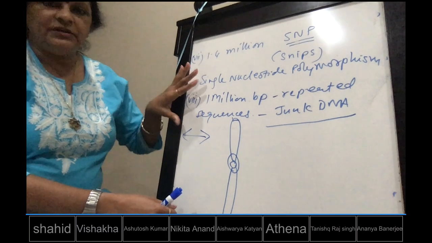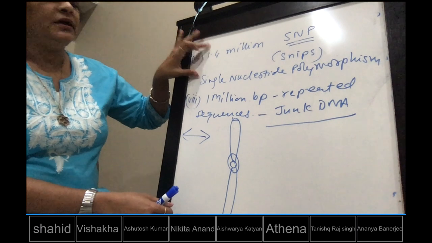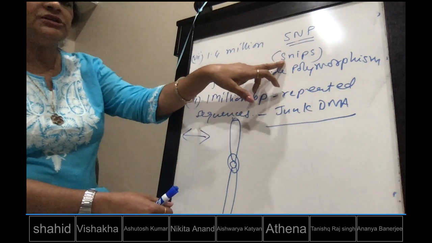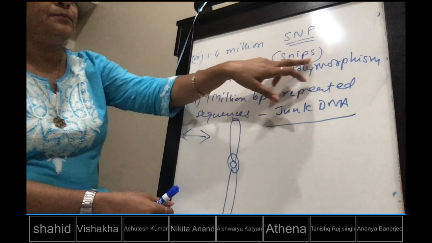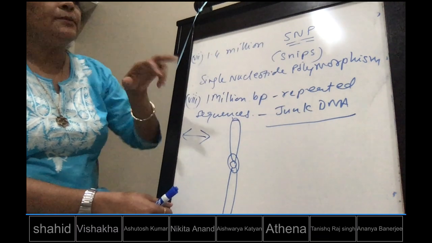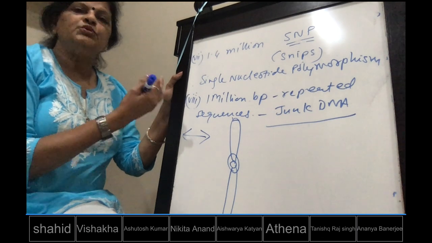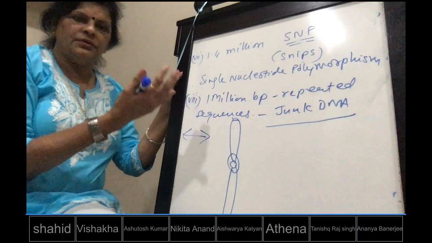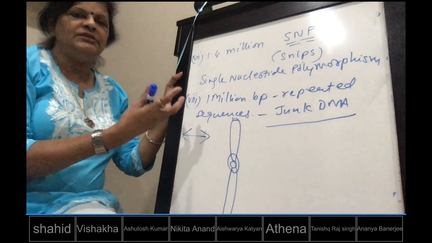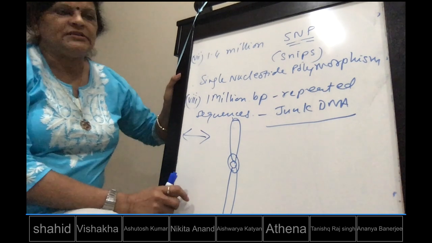So I hope you have understood what is important here. This is an important two marker question: what is SNP? The pronunciation is SNP, SNIPs, SNPs. So what do you mean by SNPs? If this comes as an entrance question, it means this: SNP, that is single nucleotide polymorphism, and two functions. One, it helps to trace the human history or evolution of human, and second, it helps to identify genes which cause genetic disorders. These are the two important functions of SNP.